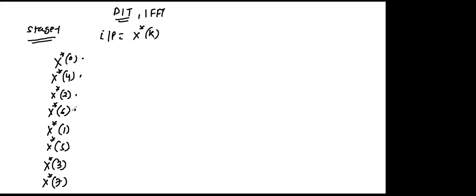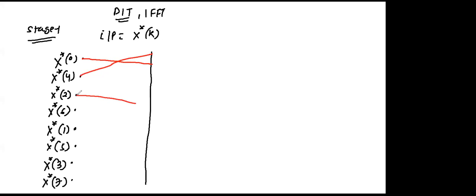Just see your DIT algorithm. The input is in bit reversal order. Here the input is X conjugate k. So I have written here that the input is X conjugate k in bit reversal order. Okay, now rest everything is the same. There is no change of anything. Okay, now the same DIT stage 1, first, second, then third, fourth. Yes or not? Like this in sequence.